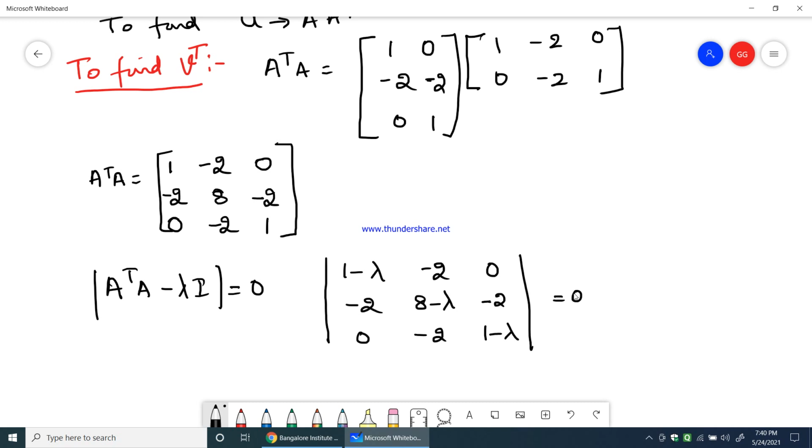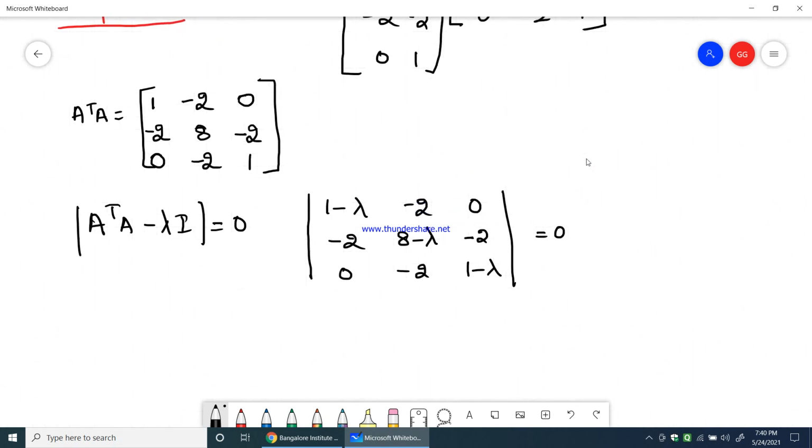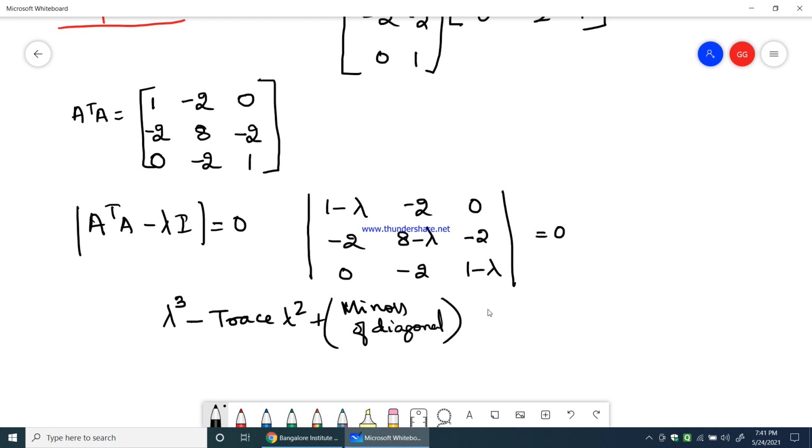Now I think we know the popular equation for finding the eigenvalues of a 3 cross 3 matrix, which is lambda cube minus trace into lambda square plus sum of minors of diagonal elements into lambda minus determinant of the matrix equals 0. So we'll use this now. Now what would be the trace here? Trace equals 1 plus 8, 9, 9 plus 1 is 10. That is the trace. Now the minors would be